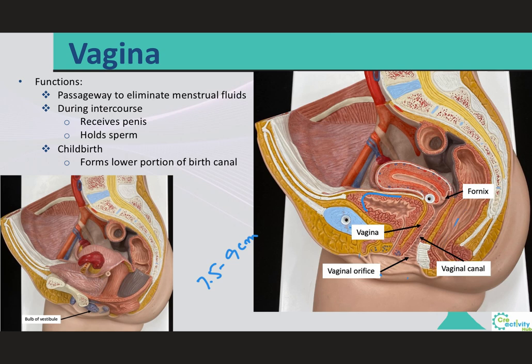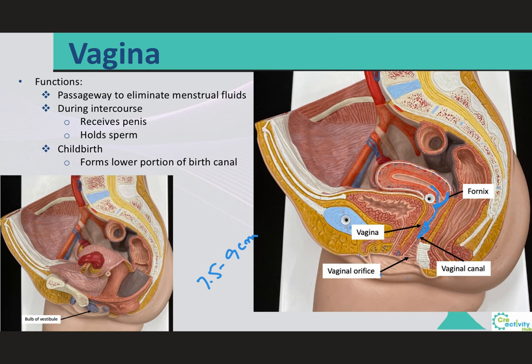Now, the vagina has three major functions. It serves as this passageway to eliminate the menstrual fluids that are coming from the endometrium. It receives the penis during intercourse, and it holds the sperm before they pass into the uterus, right over there on the fornix. And in childbirth, it forms the lower portion of the birth canal through which the fetus will